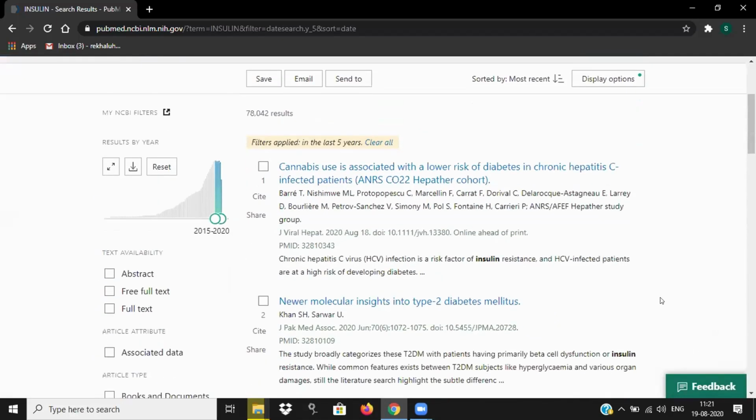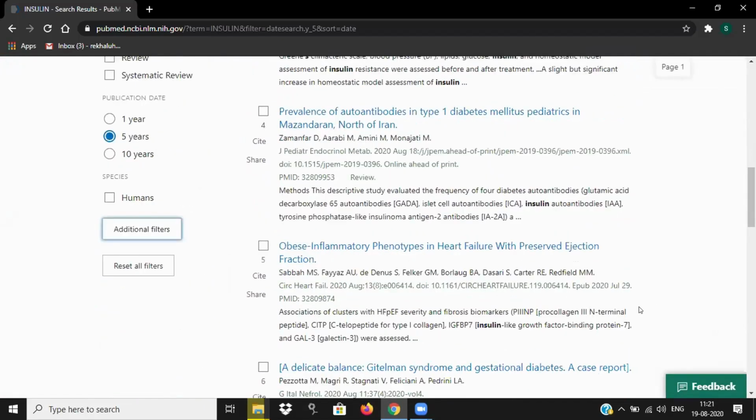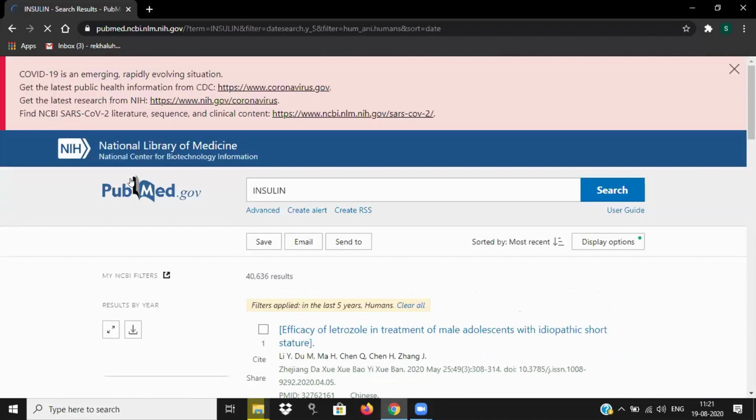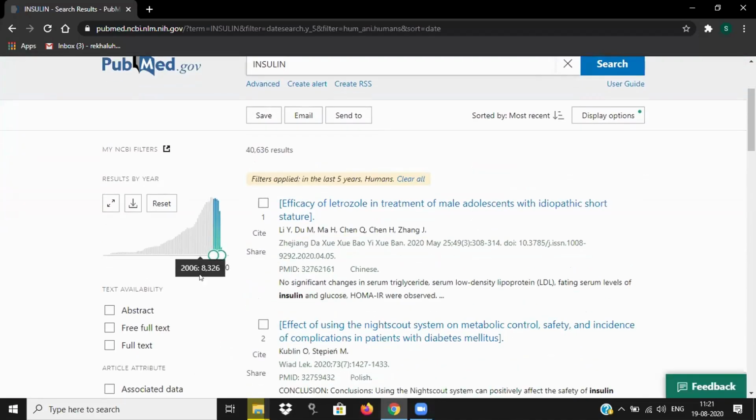Okay. Now in this particular, scroll down, scroll down. Yeah, now click on humans. So we have added that particular additional thing over here. Now we are putting humans. So how many papers we are having from 4 lakhs? We have shortlisted the papers to